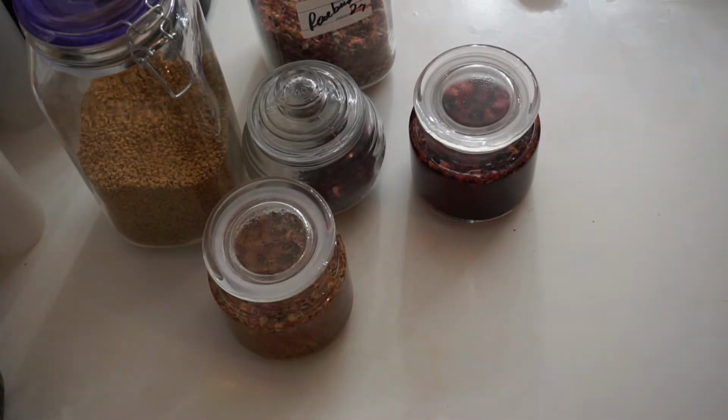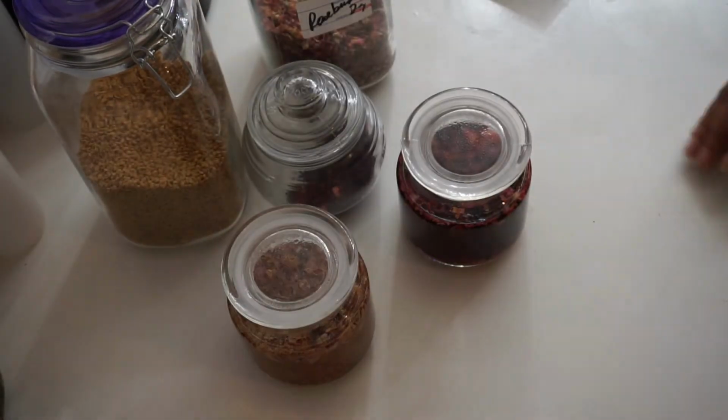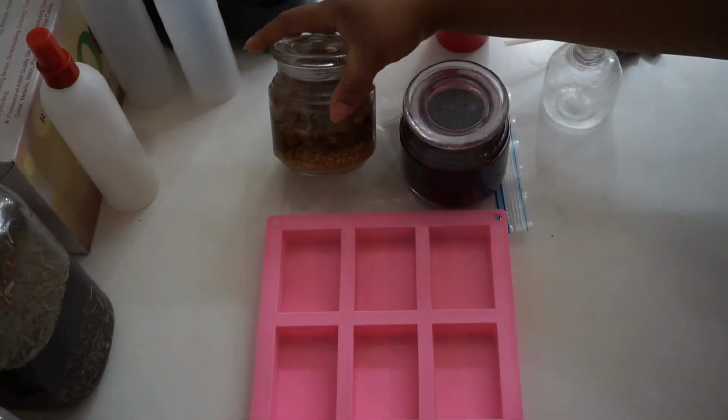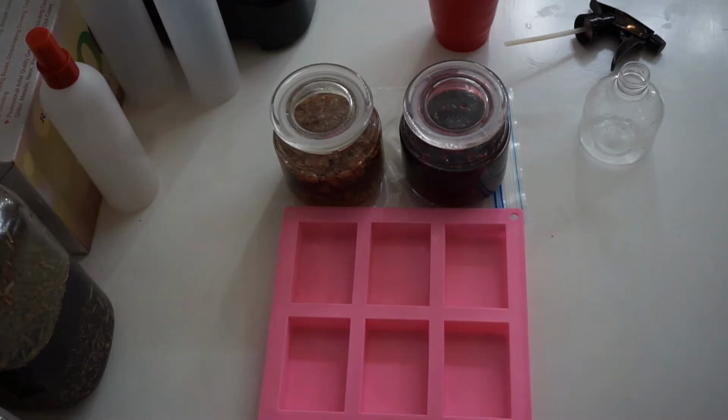Alright, next I'm going to take whatever is remaining, I'm going to put in my silicone molds after I let it sit for 24 hours. So now this is the next day. I've let it sit for 24 hours, and I'm going to go ahead and pour what I'm going to use